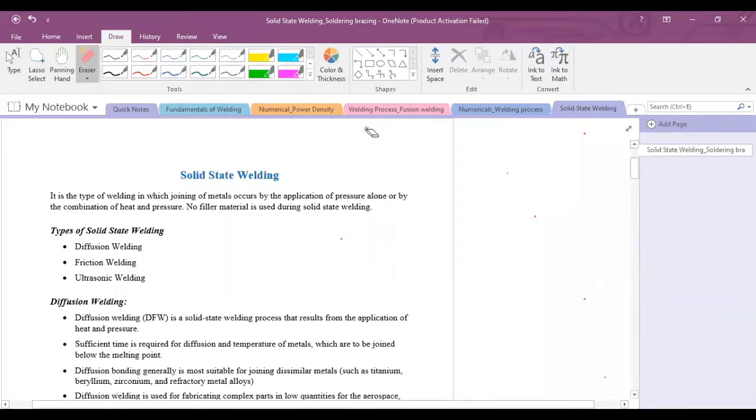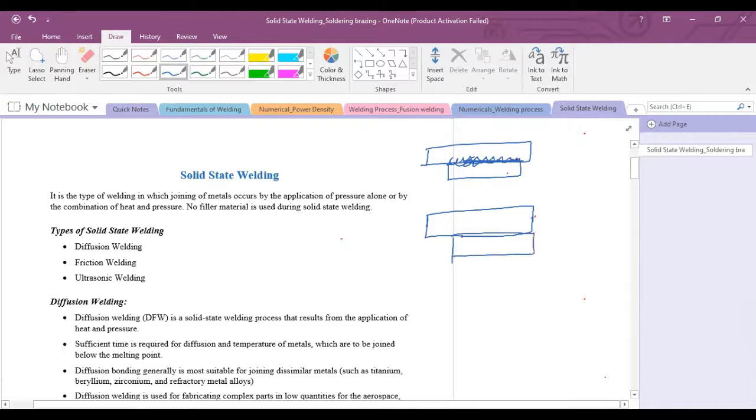In solid state welding, no melting will occur as compared to fusion welding. In fusion welding, if you want to join these two metals, you have to fuse or melt this interface. But it is reverse in solid state welding. No melting will occur, only this surface will go into the plastic state with the help of